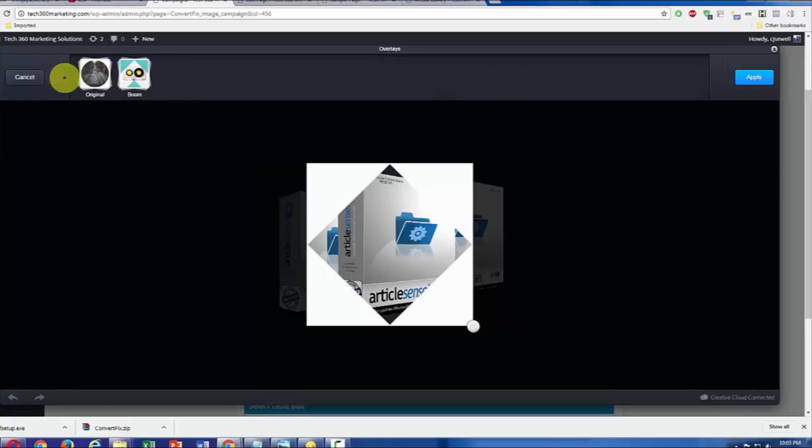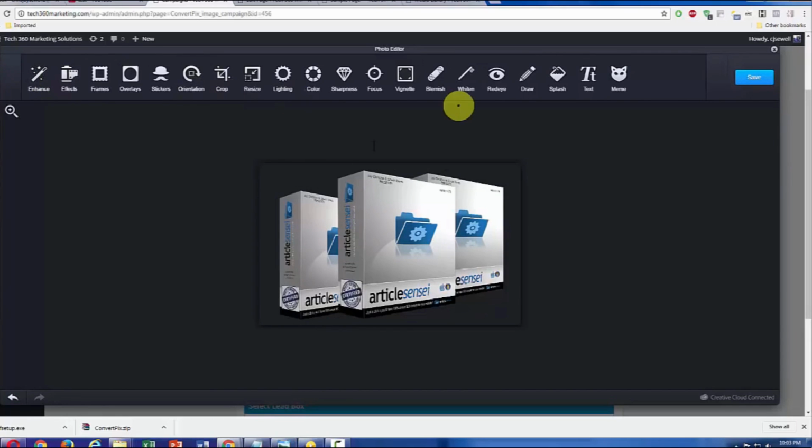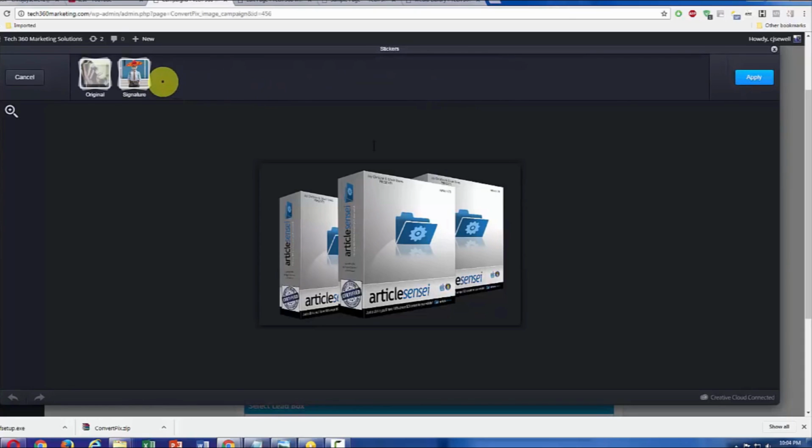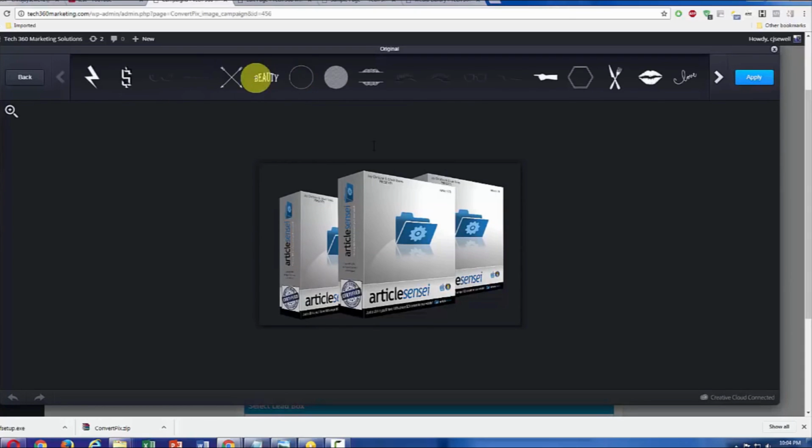You can go back. Let's see, cancel that. I mean, there's a number of things you can add. Little stickers on here. You can add little items if you want to, kind of enhance your image. I'm not doing a great job here right now, but I'm just trying to show you what's possible. You can get rid of that. If you don't want that anymore, just get rid of it. Just click the X's, go back,